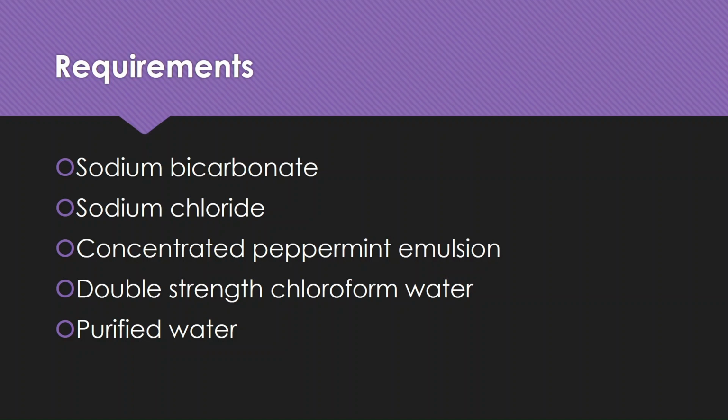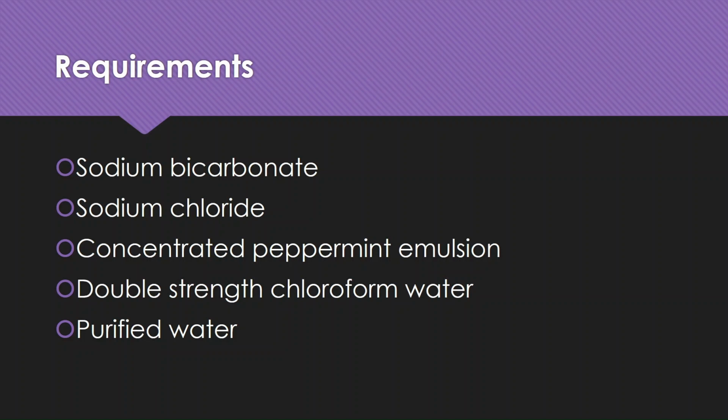So all of it is the same thing. And then we have double strength chloroform water, which we just prepared in the previous lecture. Please, those who have not yet seen how a double strength chloroform water can be prepared, please check in this same channel,